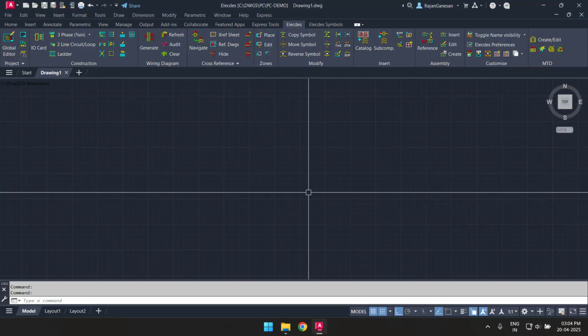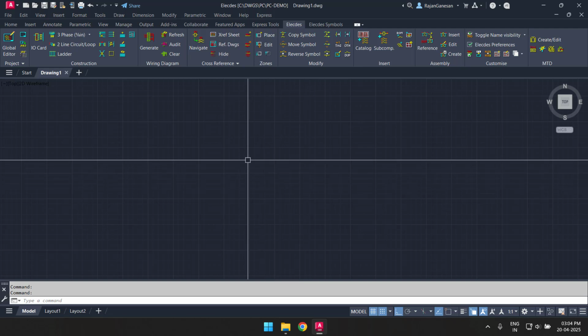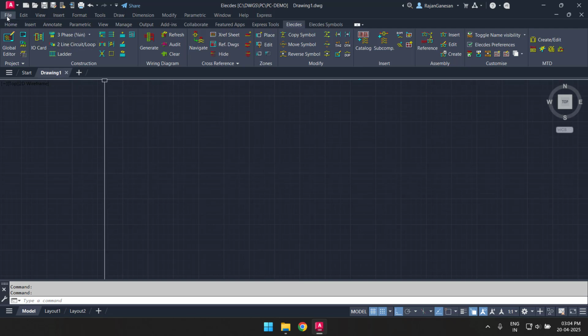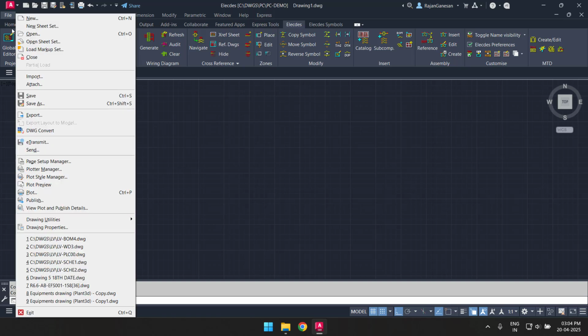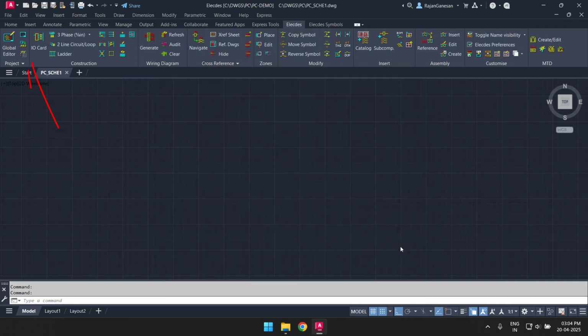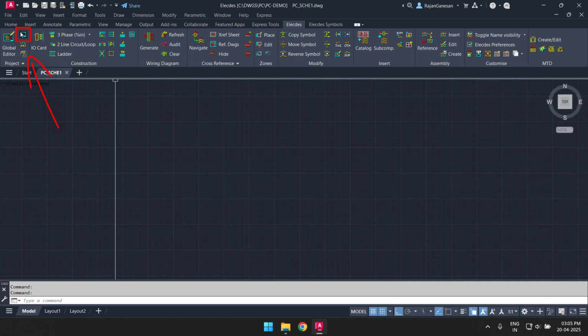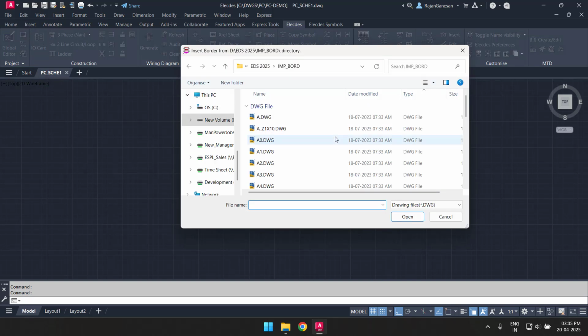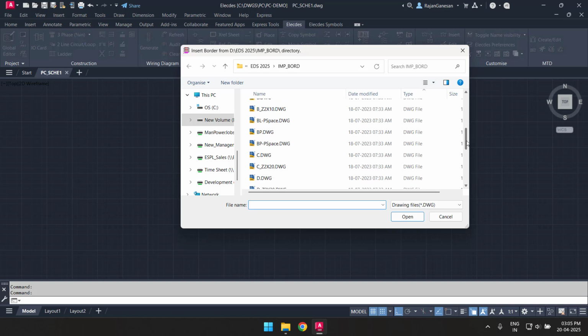The first thing I will do in my Electez session is to save my drawing as a recognizable file name. In Electez, I can use any file name. My next drawing startup step is to insert a drawing border and title block. This can be done at any time, however a boundary is convenient during circuit drawing.